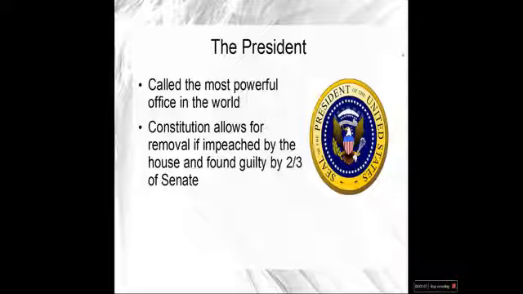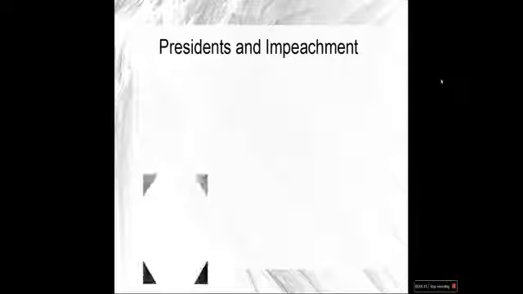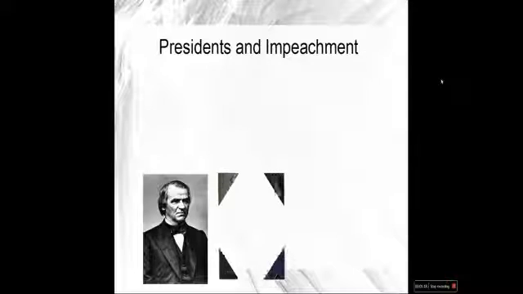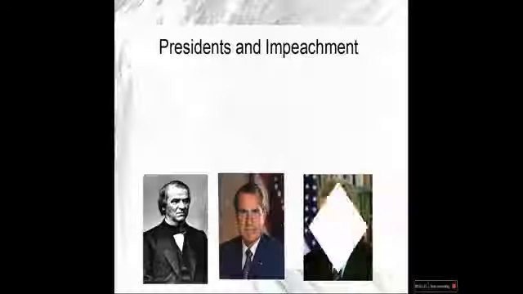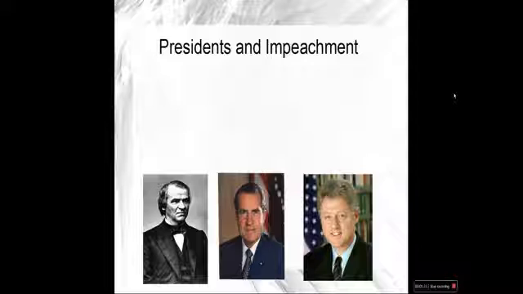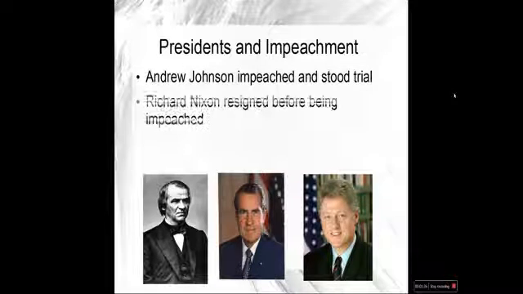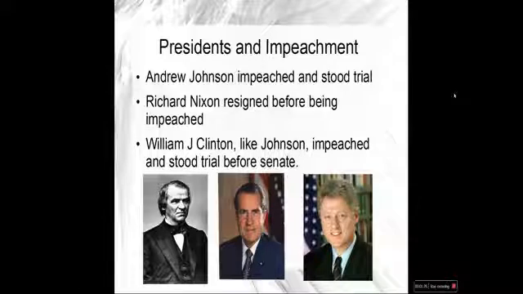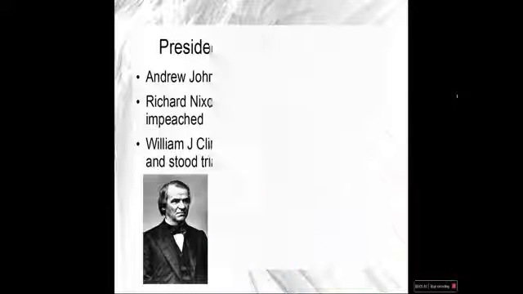Three serious attempts have been made to impeach and convict an American president. President Andrew Johnson was impeached by the House of Representatives and stood trial before the U.S. Senate. Nearly a century later, in August 1974, President Richard Nixon resigned his office before the House of Representatives could vote a bill of impeachment. And most recently, in 1999, President William Jefferson Clinton was impeached, and like Johnson, faced a trial by the U.S. Senate. This chapter tells the story of the Johnson impeachment and asks you to decide whether he should have been convicted and removed from office.